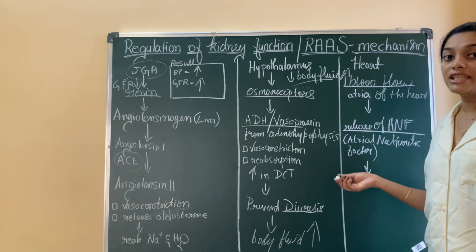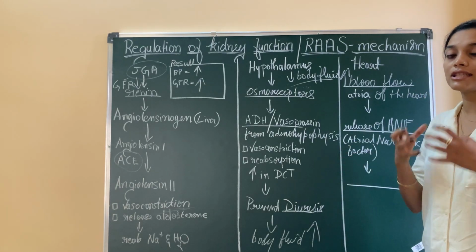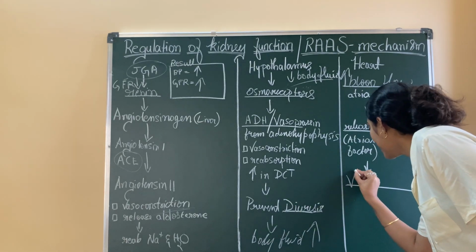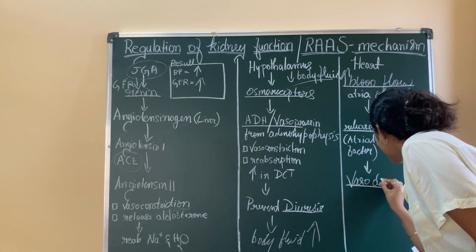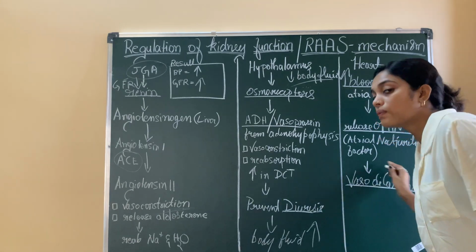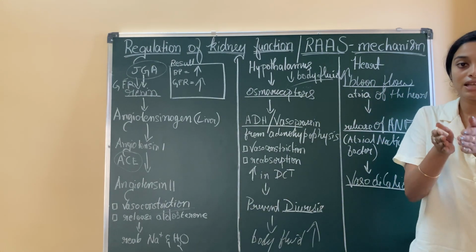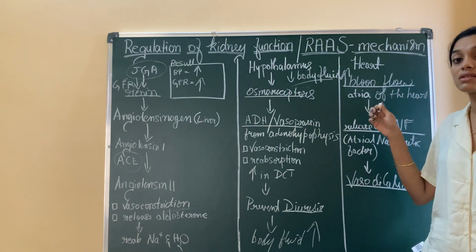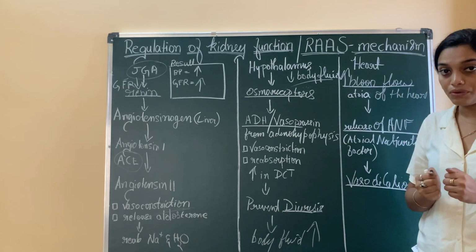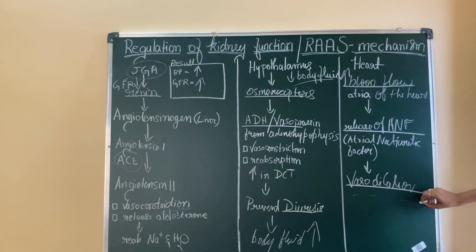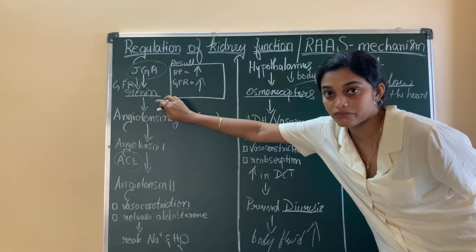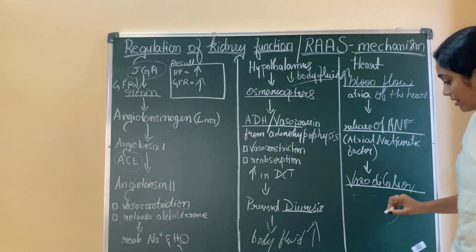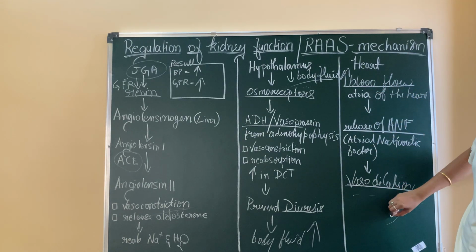So when the atrial natriuretic factor is released from the heart, what will happen? It will lead to vasodilation. So when vasodilation occurs, what happens next? Obviously, here it was vasoconstriction. Now it is vasodilation. So the pressure through which the blood was coming to the heart will be reduced. So can we say that when there is hypersecretion of the renin for vasoconstriction, if it is causing any extreme pressure on the atrial walls, then the release of ANF will produce a check to